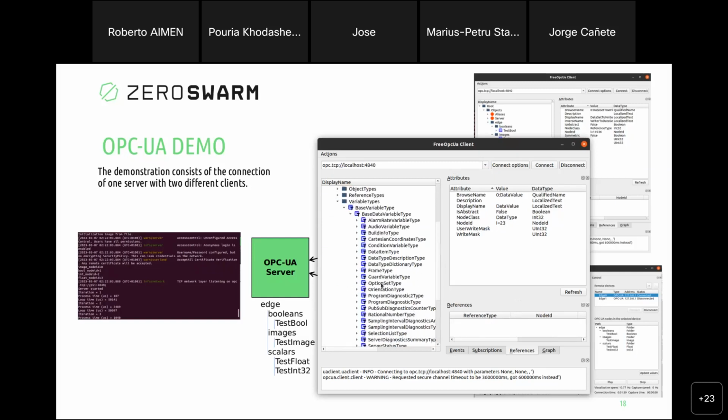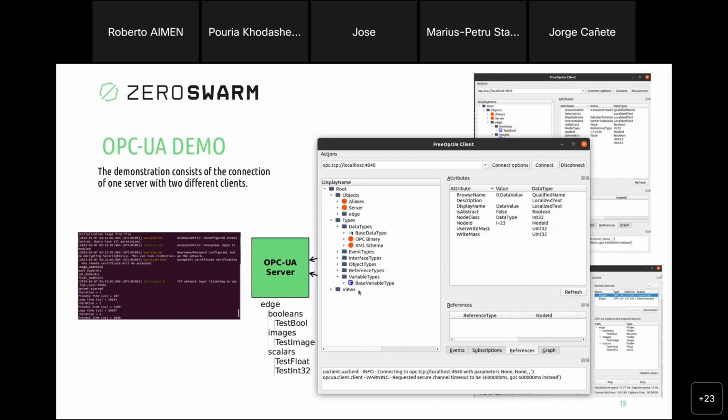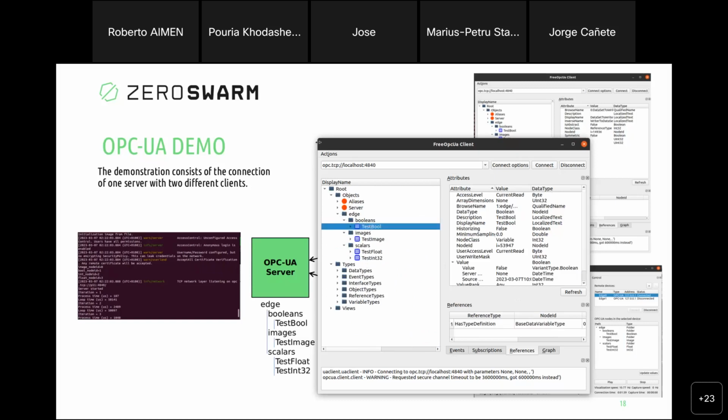Yeah, so here we have some standard types. For example, the folder type, I took it from here. And then when you create your server, there is an edge folder that contains 3 more folders, and inside there are these objects. So if I click here,